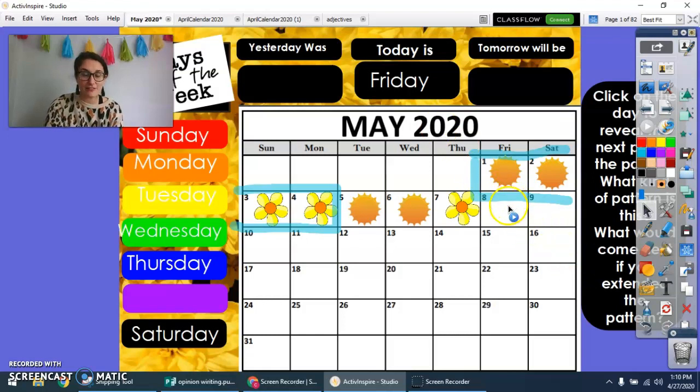All right, and we are going to find out our pattern piece for today. So I so far have sun, sun, flower. What do you think is going to come next? Were you right? Did you say flower? Excellent. All right, so here I have another completed part of my pattern, and we will do Saturday and Sunday